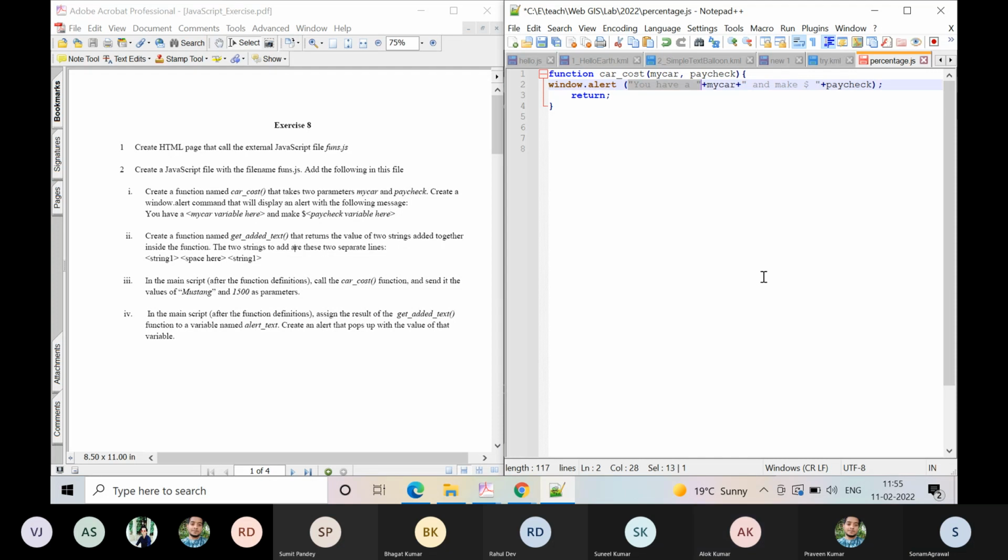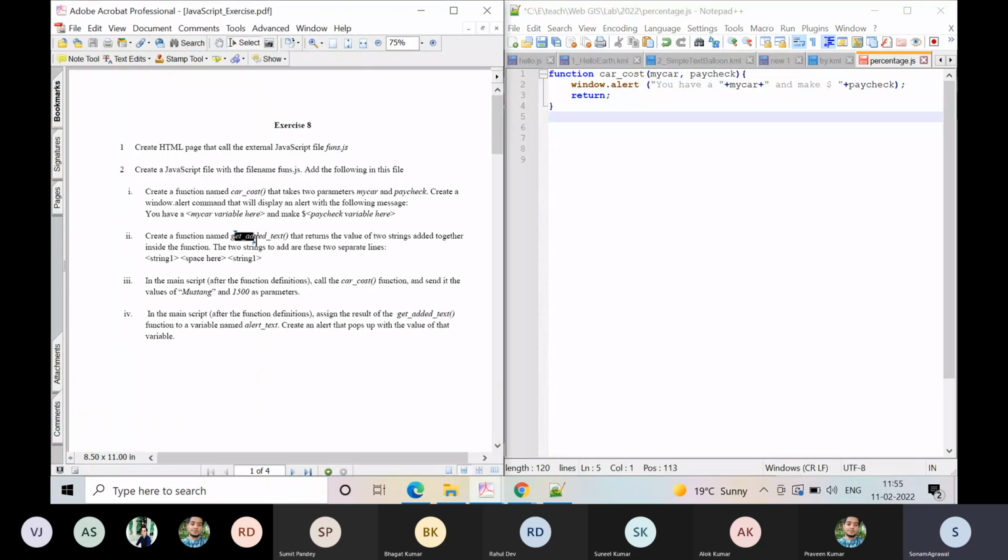Okay. Any other doubt? Okay, so I'm coming to the second point. Create a function named getAddedText. Okay, I am creating a function